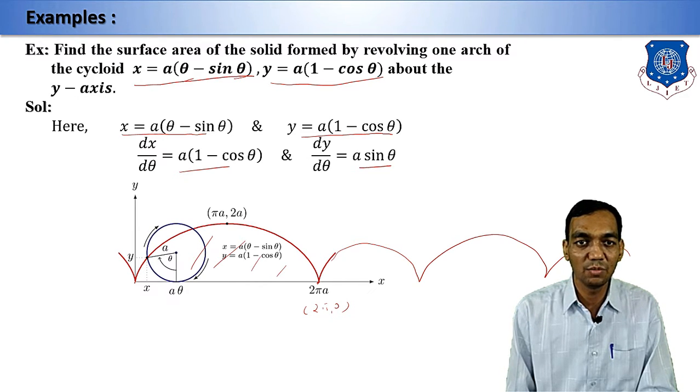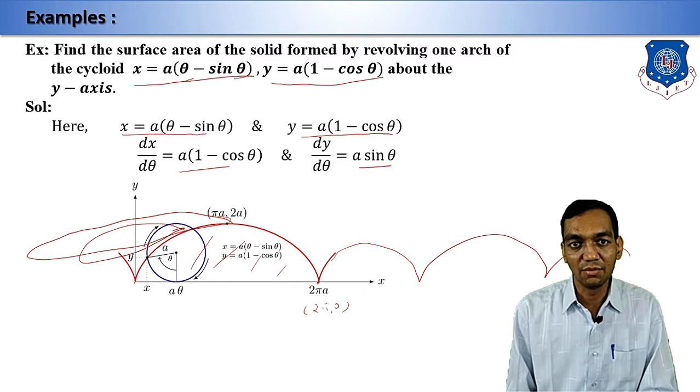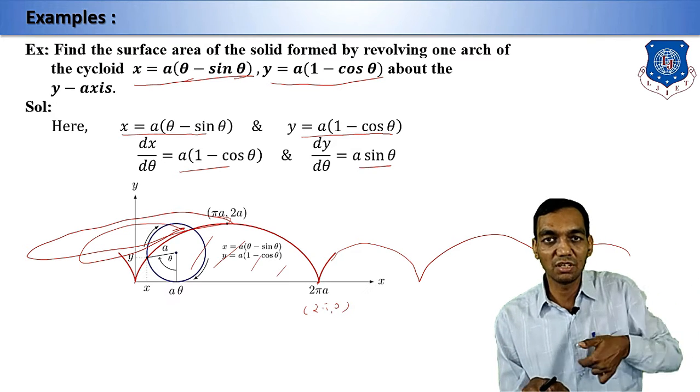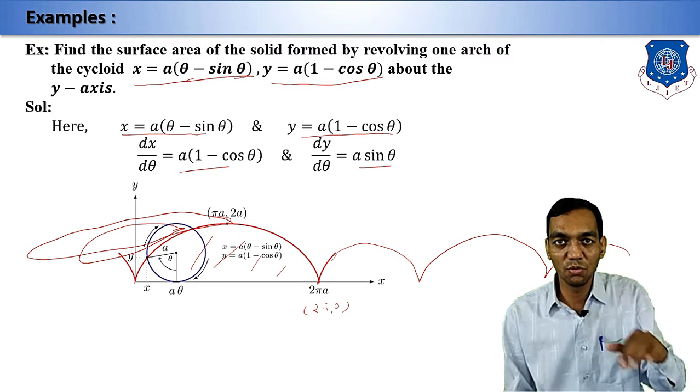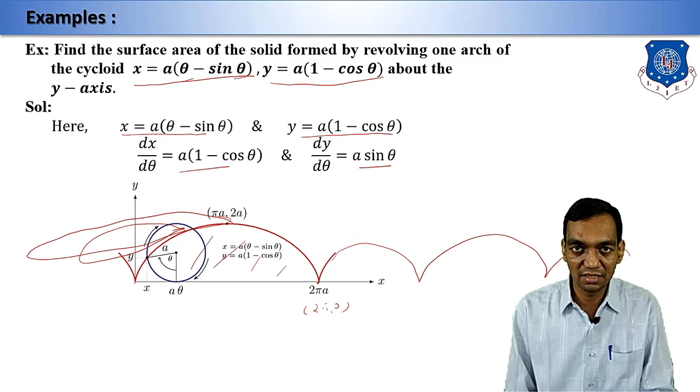That means you are rotating about the y-axis like this. So from this point we are going to rotate about the y-axis. You have the curve like this, and in 3 dimensions you have the volume, correct? And we are concerned with the surface of it. The surface of it is like, see, we have some half circle which is going to move along the y-axis like a circle. It is not exactly a circle.